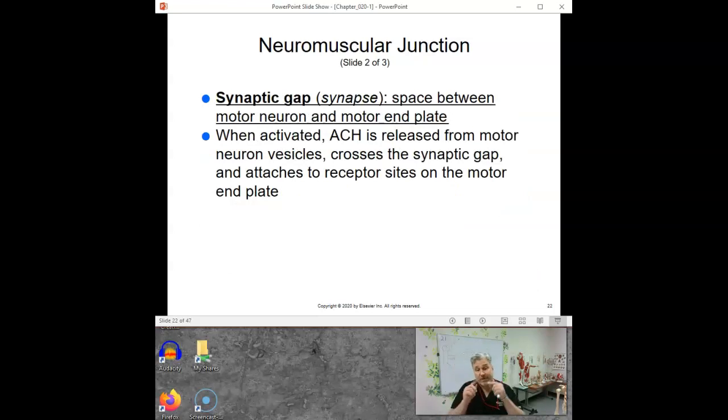Now there is a little gap between the nerve fiber and the muscle, and this is called the synaptic gap, and that's what the acetylcholine has to kind of float across in your body to get to the muscle. This all happens very quick. But that's called your synaptic gap. You've actually got synaptic gaps all over the place in your nervous system. You've got them in your brain, you've got them between your nerves and all sorts of stuff. And they're good. If your synaptic gaps fire too well, you tend to get kind of tremors and things like that, because they're firing off too easily. So they kind of buffer your system a little bit. And we'll talk about that more when we get to the nervous system.